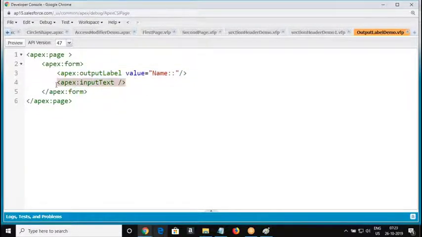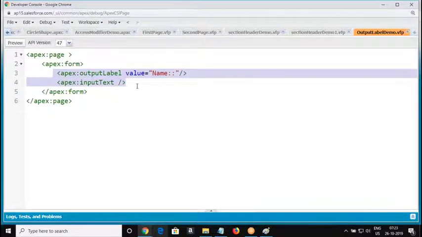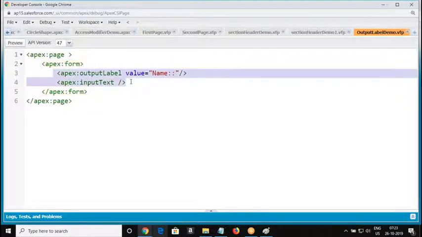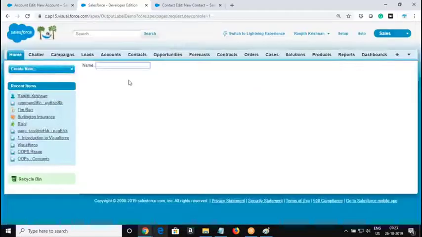We'll see a more elaborated session. All the important attributes of input text we'll see in another session. Okay, right. So these are two components you see. One is to display the label, and another is to include a text box. Why do we include a form component now? Because this is an input component, so we use the form component. Okay. Now we are going to use these two components inside your